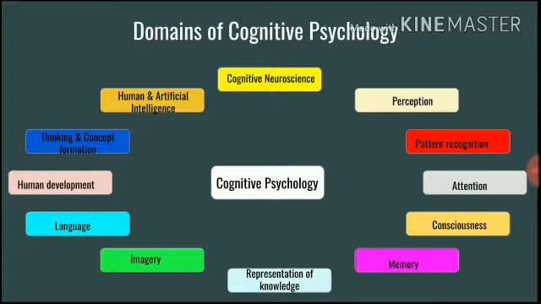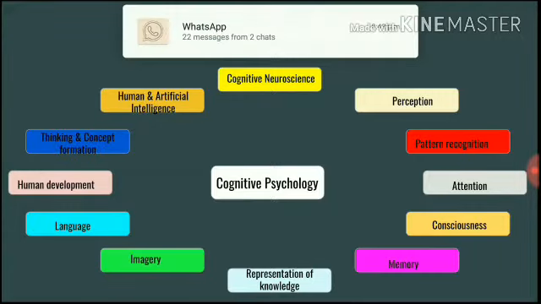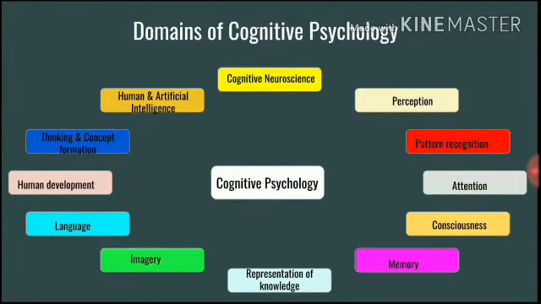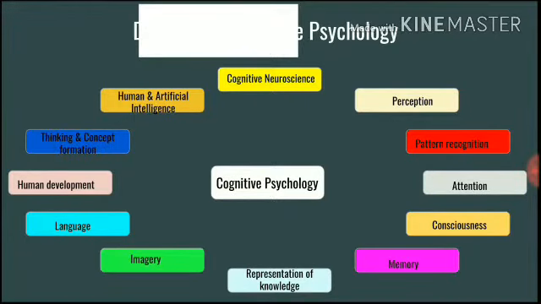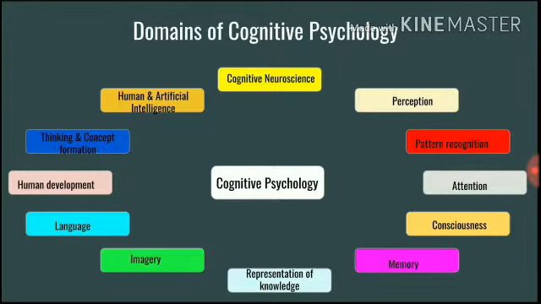That's the next point, memory. I think most of you are well aware of the Atkinson-Shiffrin model that helps us understand the basic stages in which memory storage happens. So we're talking about information that is selected, we have encoded it, we store it in the short-term memory, then rehearsal happens, and then it gets stored into long-term memory. And then after that, if encoding has happened appropriately, we're looking at recall being facilitated. If there hasn't been any sort of encoding and storage, then recall obviously would not be possible.